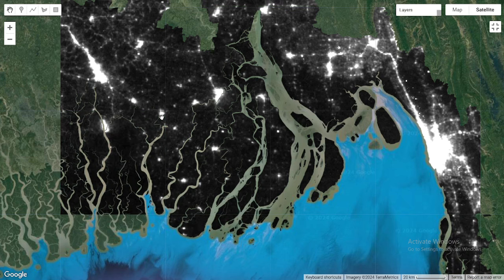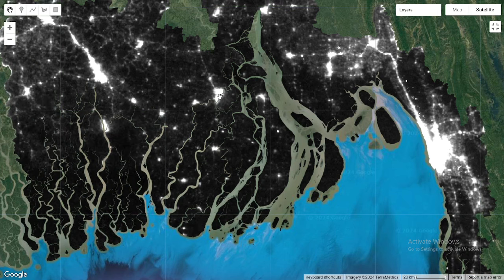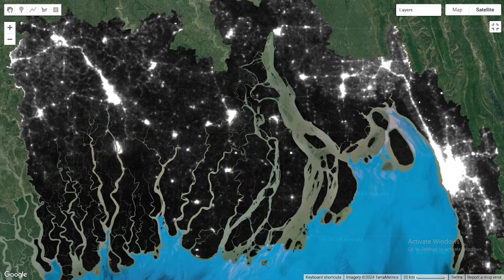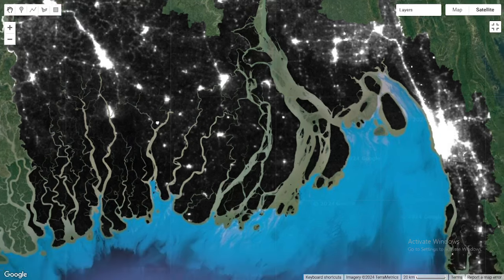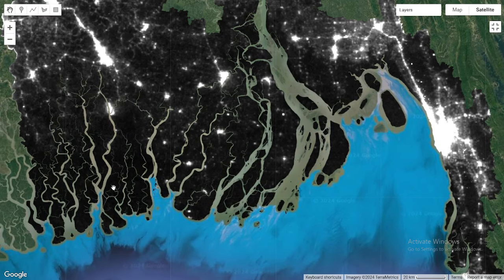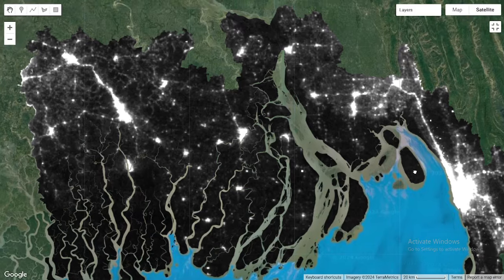Basically, this white color indicates urban growth or urban detection, urban growth monitoring, and infrastructure creation. So we can easily get this type of map. You can also see some places that show a dark color. It means that in this region urban growth monitoring or light detection has not happened. You can see this is the result for the year